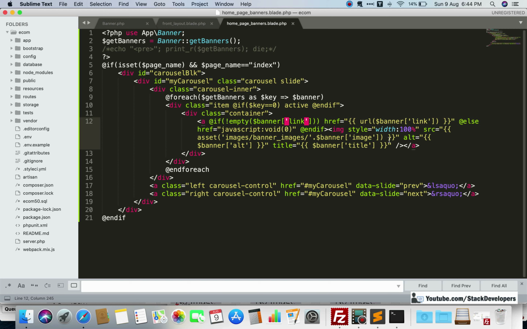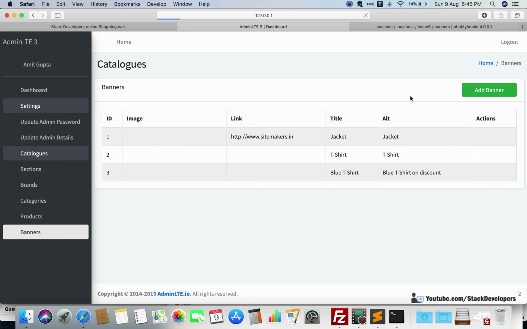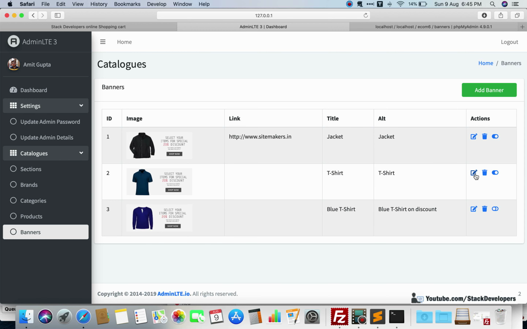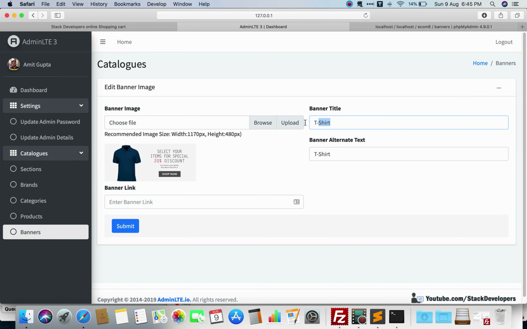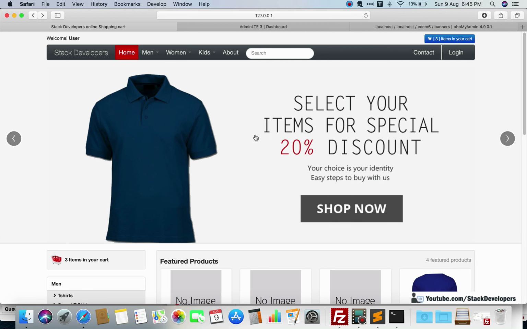And you can also add a condition here, like if the alt tag and title are not coming, it will not create any issue. Even if the title tag does not come, it will show as empty. Okay, but we are going to remove the alt and title for one of the images. I am going to remove the title and alt for this one, so let's see whether an issue will come up or not. And you can see no issue is coming up. Okay, so that is fine.